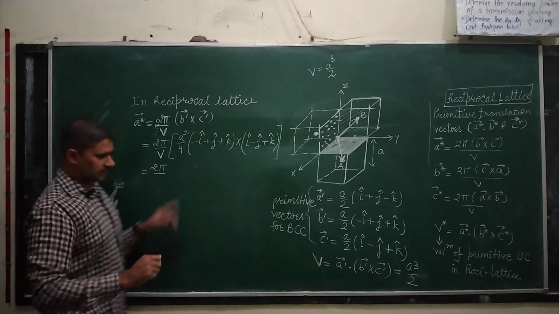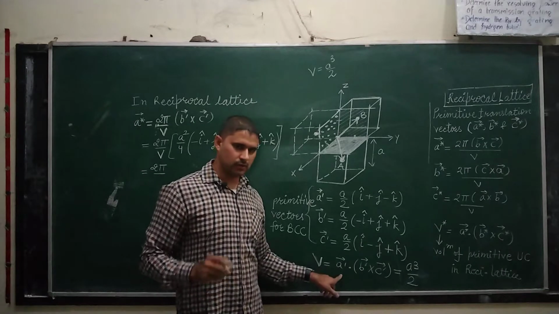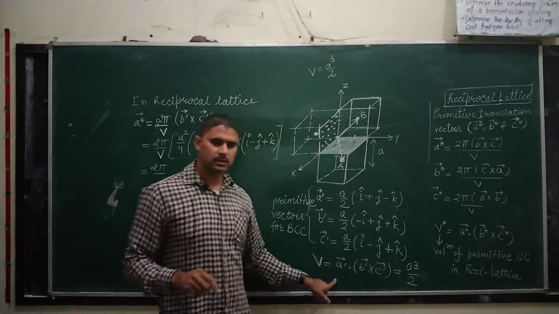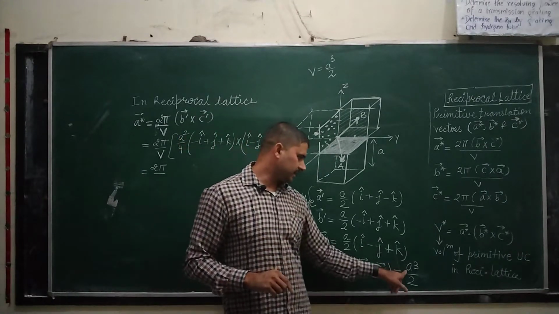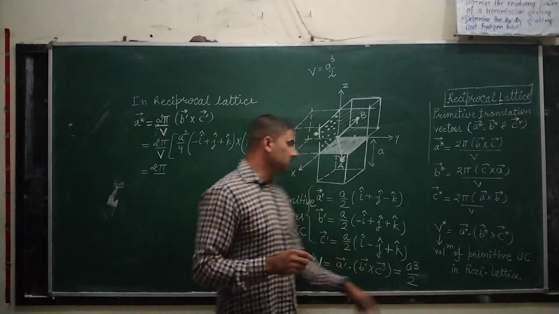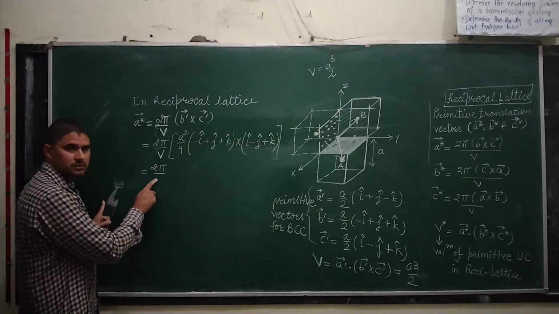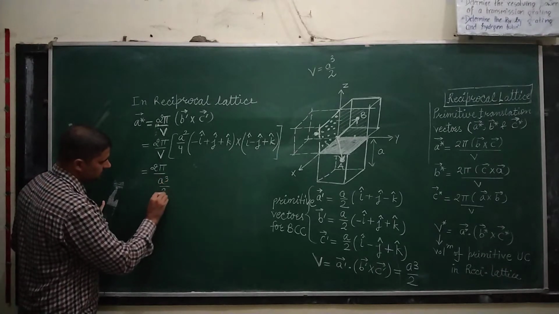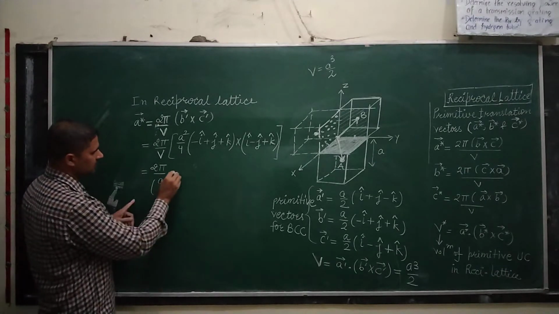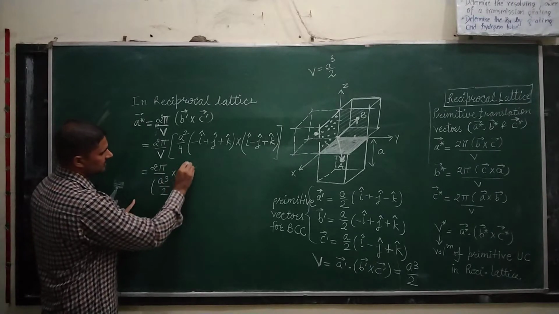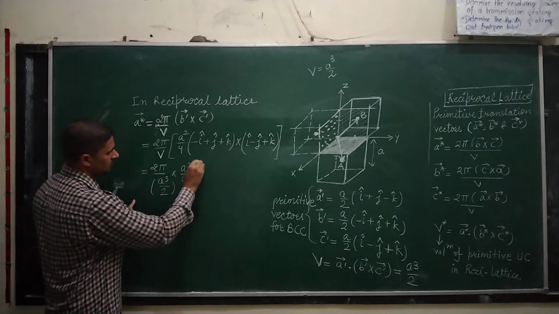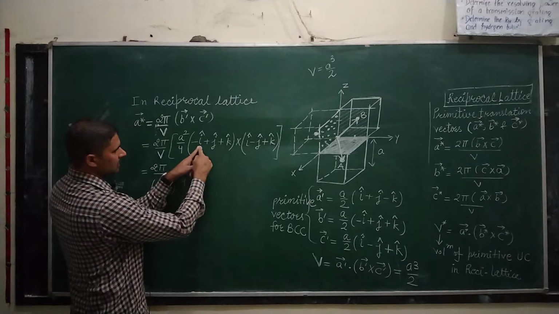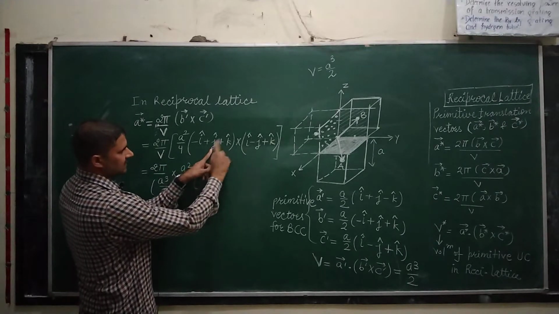Okay, I have told you that if you put the value of A dash, B dash, C dash in the scalar triple product, you will get A cube by 2. So I am writing the value of the volume, that is A cube by 2, into A square by 4. Now see, I cross I, this is 0, j cross I,